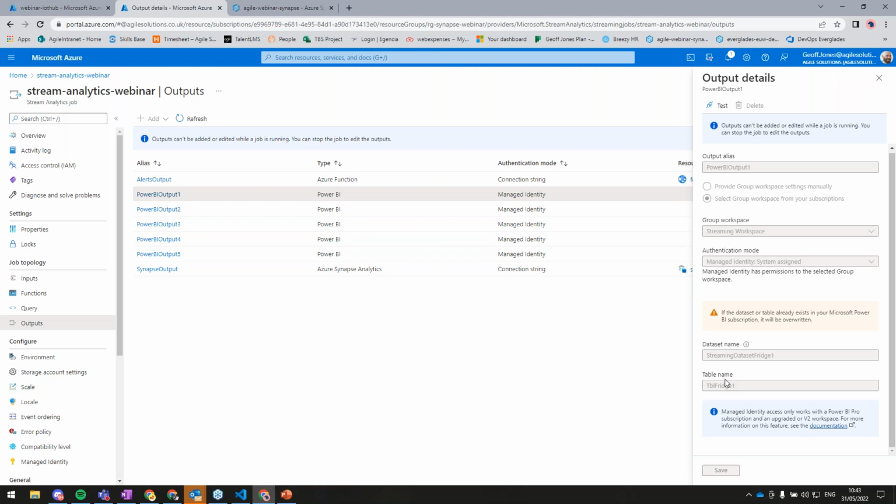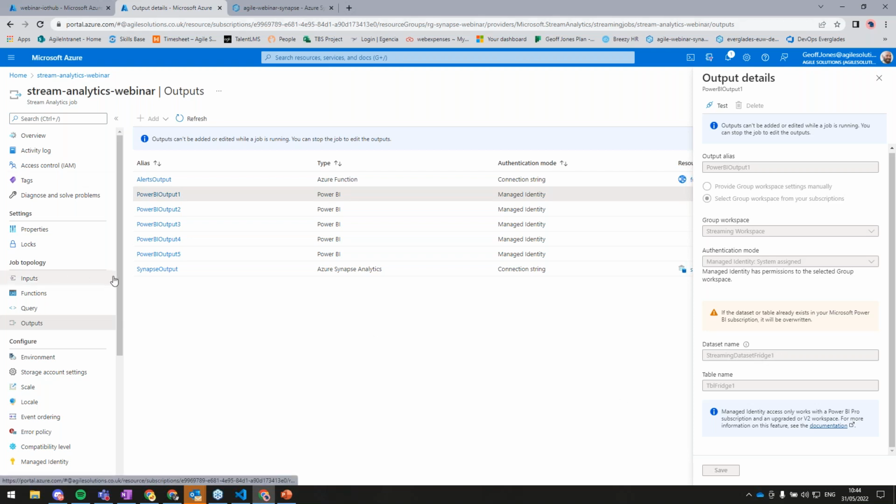We give it a dataset name, and then as soon as this streaming analytics starts up, it will generate those streaming data sets. So we don't need to do anything or provision anything at the Power BI end. It will just appear in our list of data sets that are available for visualization. So if a new fridge were to come online, I would just need to configure a new Power BI output with the same configuration, just with a new distinct name in the data set. And as soon as that started to consume data, it would appear for our data visualization teams, and they'd be able to start using it straight away.